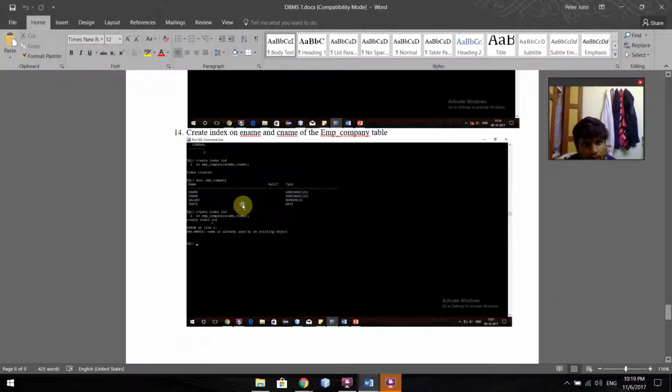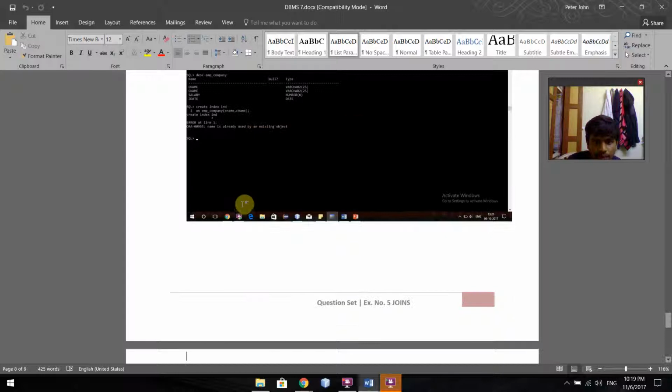Create an index on employee company name, e name, c name. Create index id on employee company name, e name, c name, and on the following you will be doing this as employee of employee name, and create index end. As you can see over here, the name is already used as an existing object. So you will be doing this,